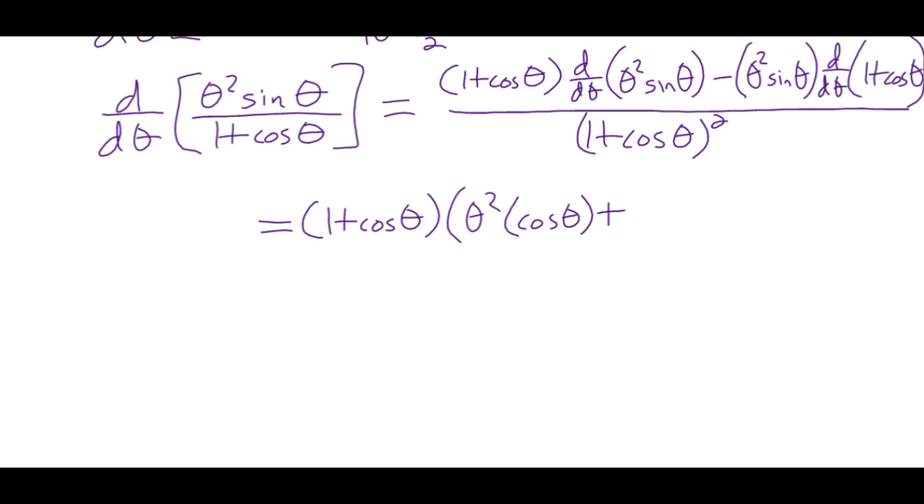plus, let's do the sine theta first, times the derivative of theta squared, which is 2 theta, minus theta squared sine theta, times, luckily this derivative is just what? I say luckily, because otherwise I wouldn't have squeezed that in there, right? So the derivative with respect to theta of 1 plus cos theta is 0 minus sine theta, just minus sine theta. All over